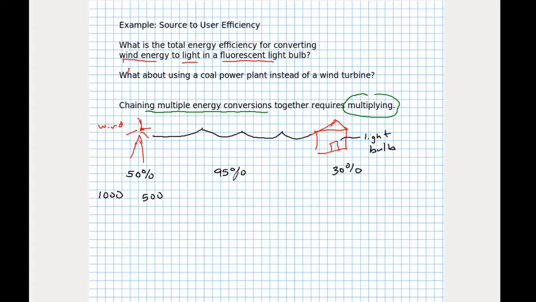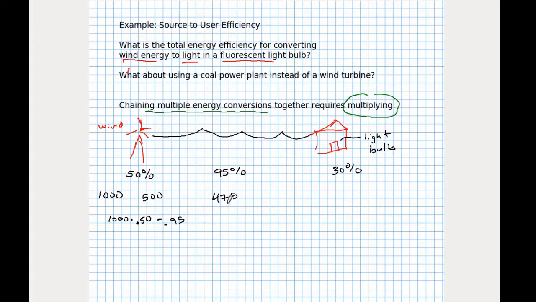I managed to keep 95% of it. So I want to do 95% times 500, which is 475 joules. So I'm keeping most of the energy that I started with this time, from 500 to 475. And I got that by doing 1,000 times 0.50. And then that result gives the 500 times